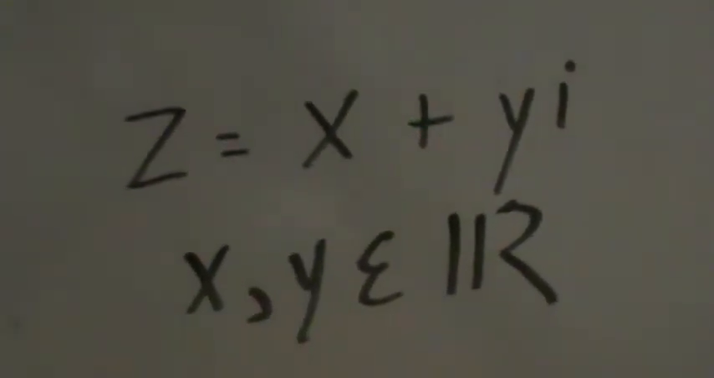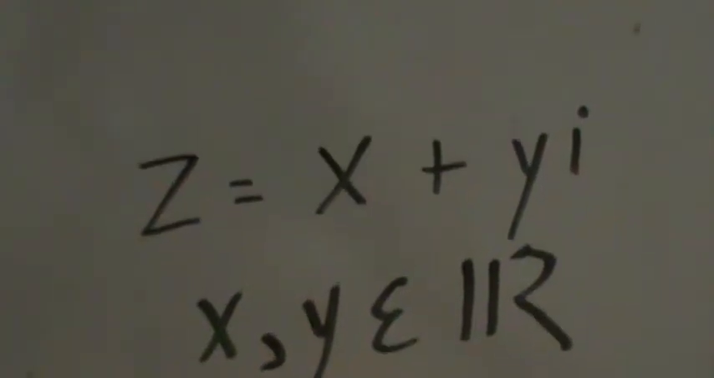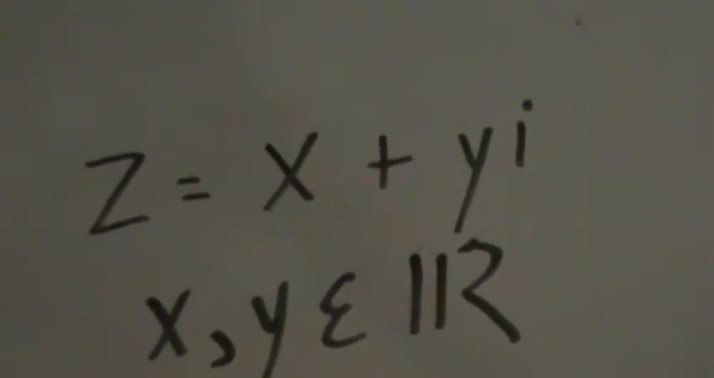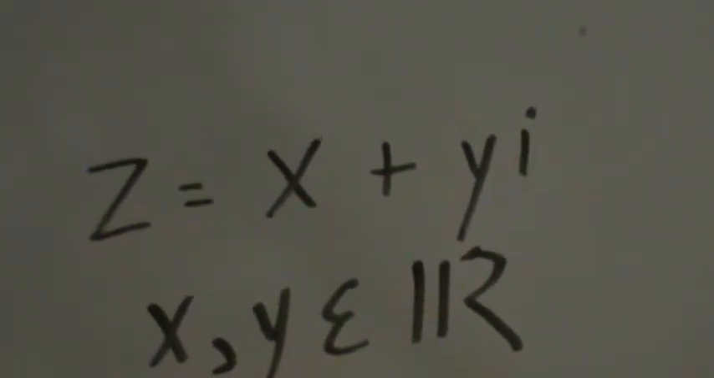Okay guys, so today we're going to learn what an imaginary number is and how to add two imaginary numbers. Typically imaginary numbers are denoted by z, and the representation is by saying z equals x plus yi, where x and y exist in the reals. This new placeholder that we've brought in is a special unit called i, which is equal to the square root